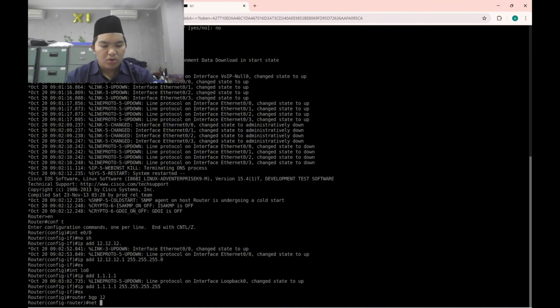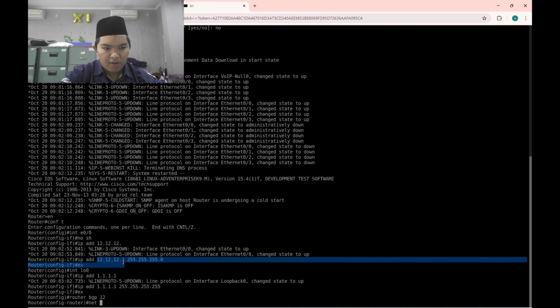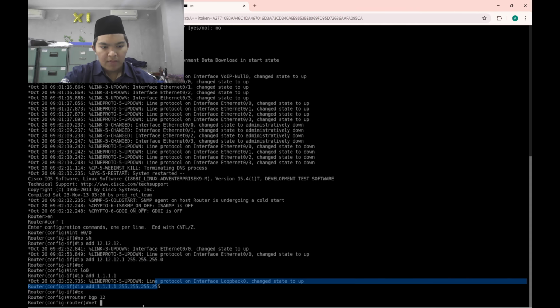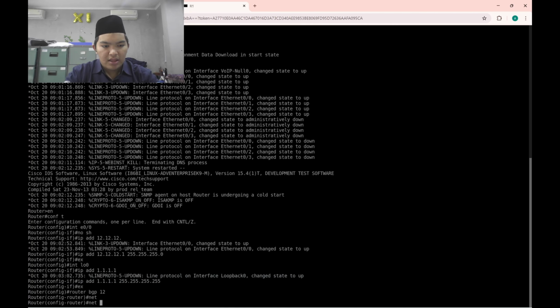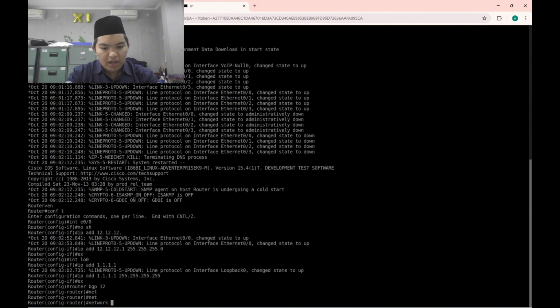We just need to input the internal IP, or an IP that is not used to connect to each other, so we don't need to input the 12.12.12.0 network. We just input the network, the loopback IP, and then the mask, that is prefix 32 or 255.255.255.255.